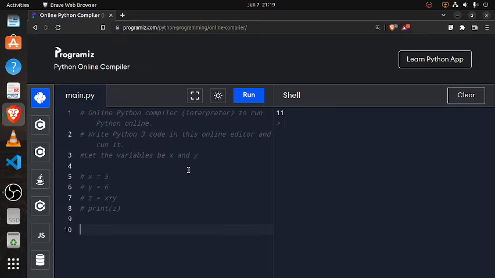Now let us see how can we add two numbers that are entered by the user. So in this case we need to use the input function, right? x equal to int(input("Enter the first number"))